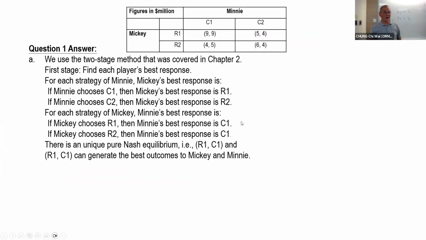So I just provide you the steps to start this classroom exercise. I use the notation that the first number represents Mickey's payoff and the second number represents Minnie's payoff. In the first stage, identify the best response of a player to the decision made by the other. So if Minnie chooses C1,